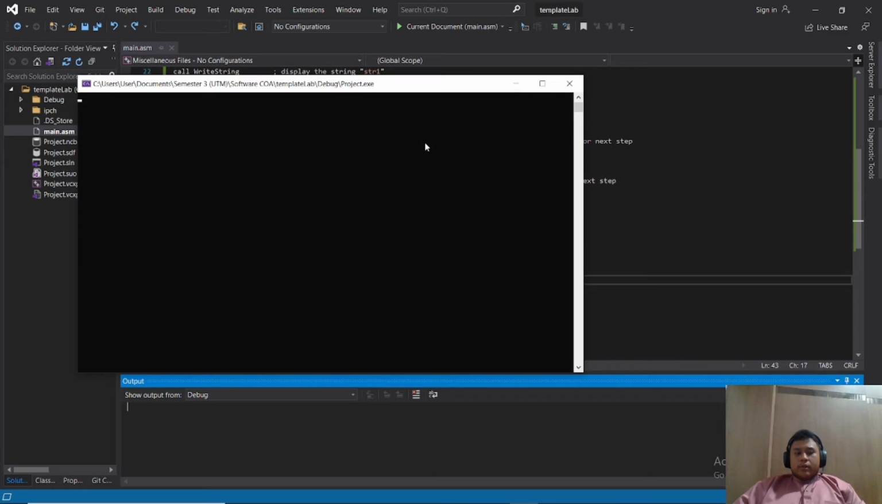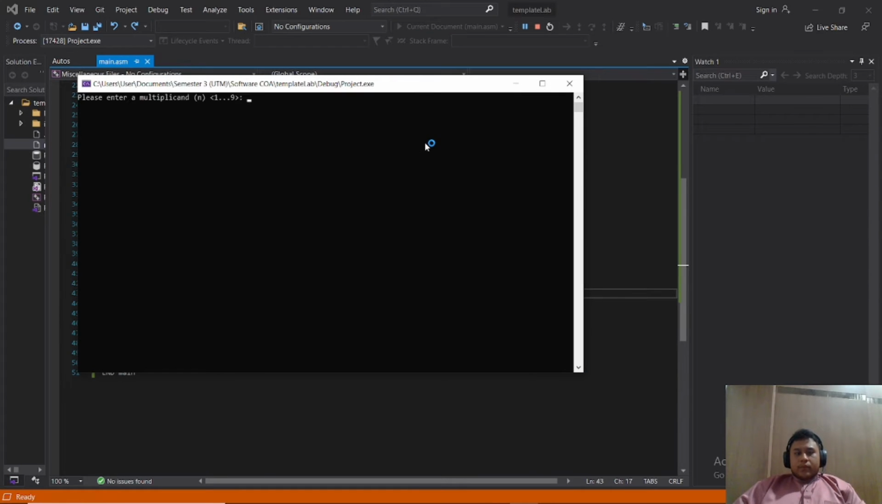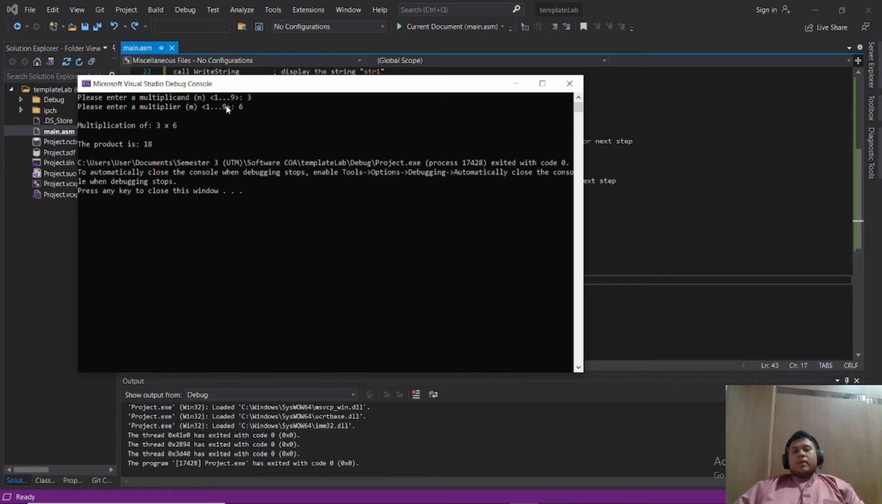We run the code. The system asks the user to enter the multiplicand. For example, we enter 3 for the multiplicand, and the system also asks to enter the multiplier. For example, we put 6 for the multiplier, and after the user is done inputting the multiplicand and multiplier,